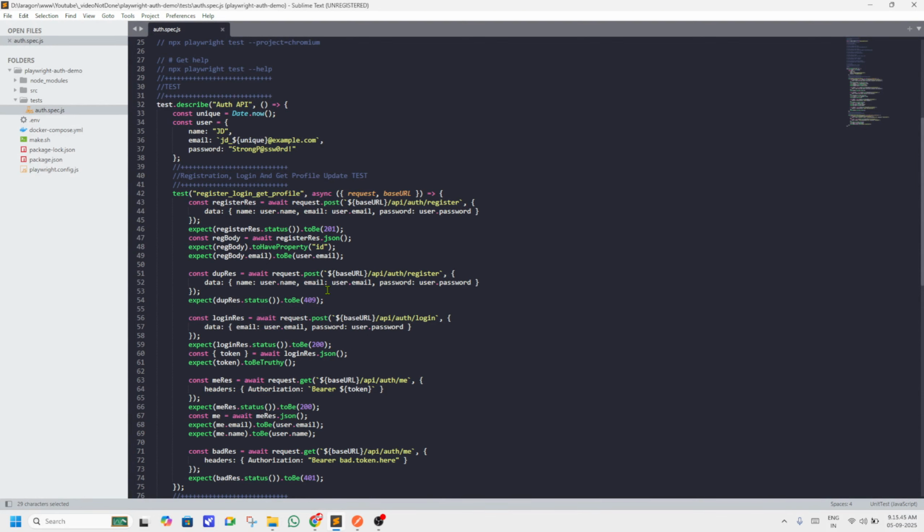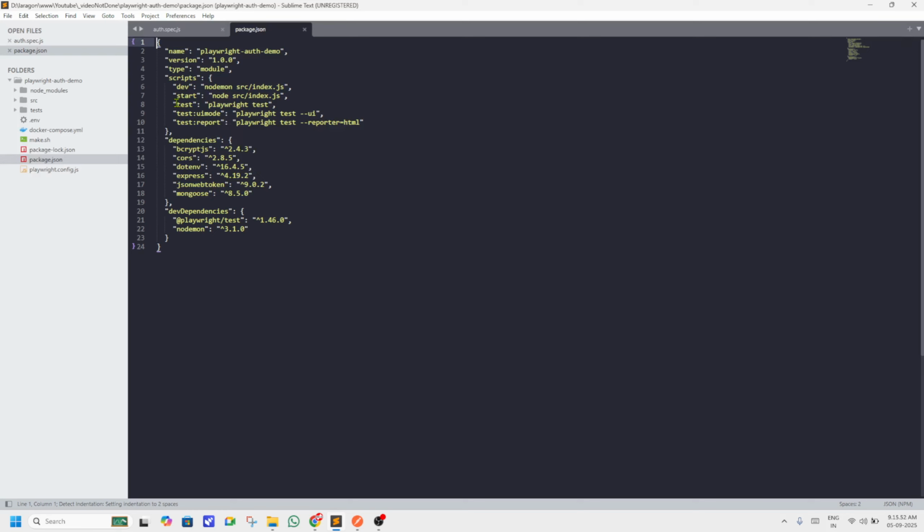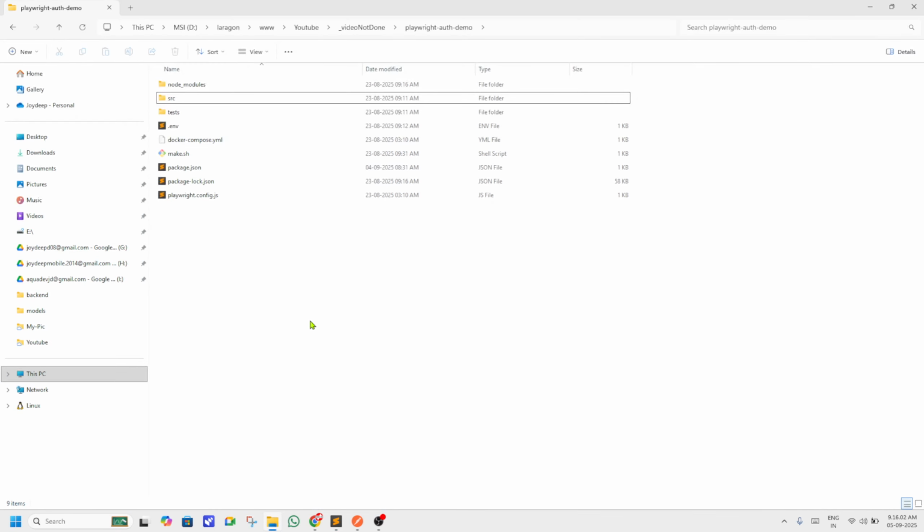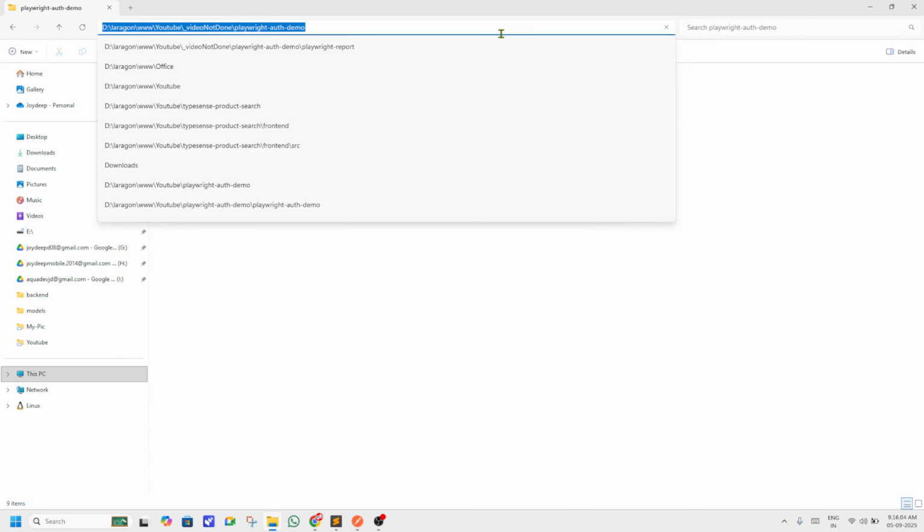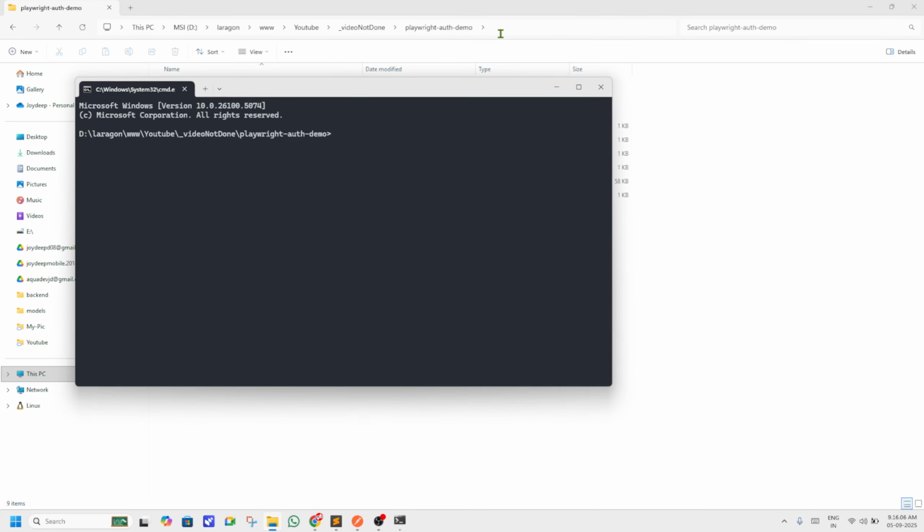There are a few different ways you can run the test, and if you open my package.json file, you will understand that there are three different ways you can run the test. The first one is the CLI mode, the second one is the UI mode, and the third one is the report mode. So if you go into this section and open the CMD, and run npm start,